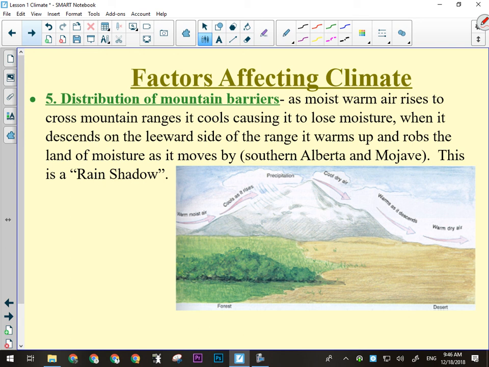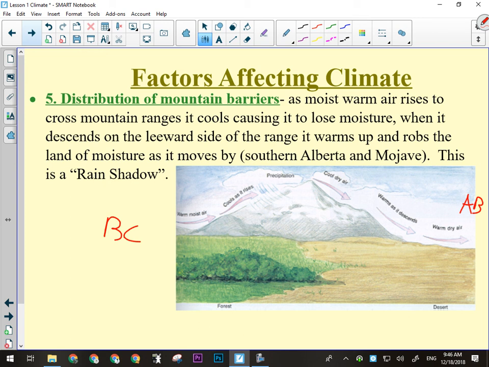So what happens with a mountain barrier is this. If this is BC over here, this is Alberta over here. We have warm, moist air coming in off the Pacific Ocean. Flow in our part of the world is generally from west to east. So it pushes this warm, moist air against the mountains, and then it rises up. As it goes over the mountains, it cools off. And all of the moisture that's in that air condenses and falls as rain and snow